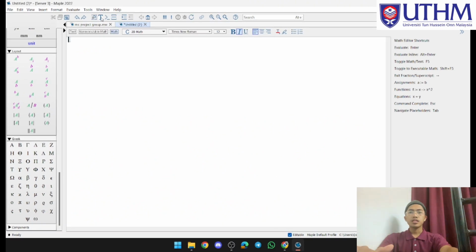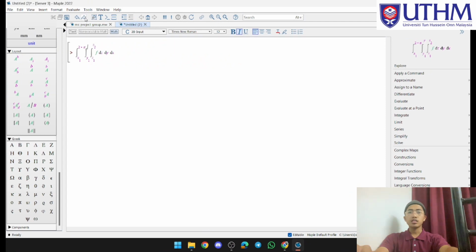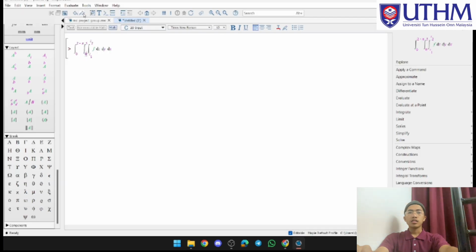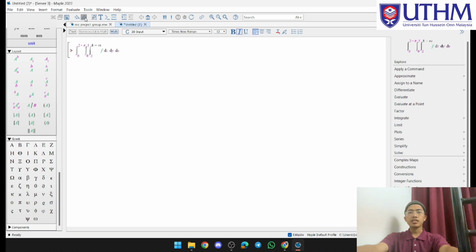First step is to enter the triple integral. The first integral's lower limit is 0 and upper limit is pi divided by 2, and for the second integral the lower limit is 0 and upper limit is 5. The third integral's lower limit is 2 and upper limit is 8 minus r divided by sin theta,